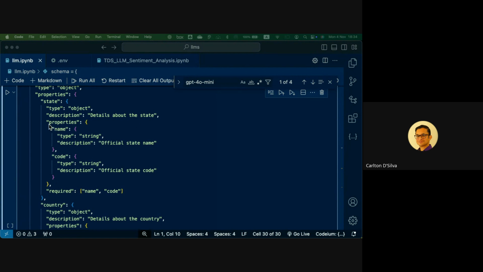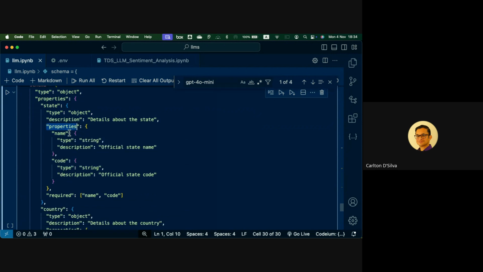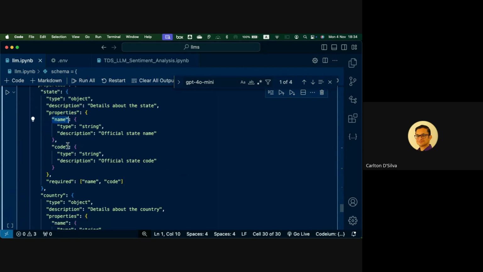So there's a description, but remember, this is the important bit. This object, the main object on the outside, has properties. This object, which is called state, has properties. And then we describe the properties of this state object. It has a name apparently. Okay, that's fine.